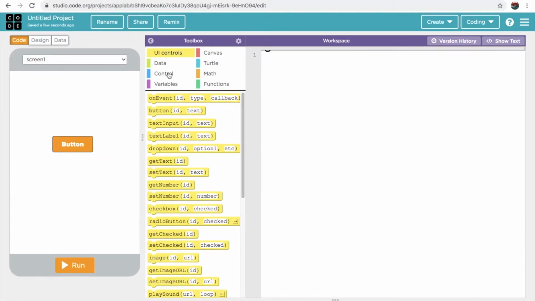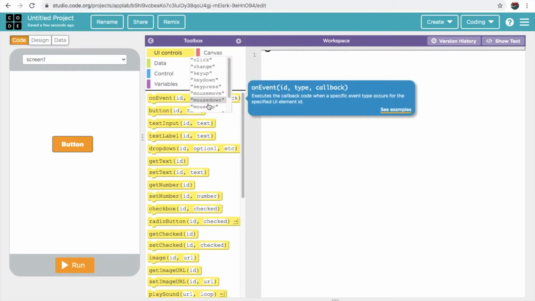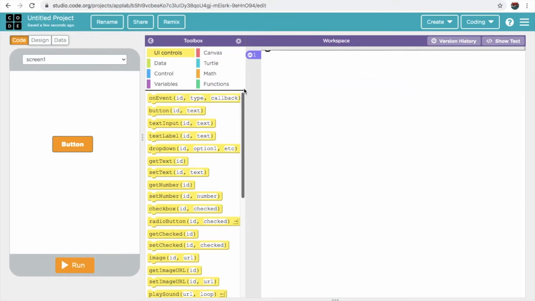Now, this is how the coding environment looks. This is a toolbox panel. All the codes here are in the form of blocks. And the white space on the right side is called the workspace, the area where you drag and put the codes. You can just click, drag and put the codes. The computer reads codes from this area only. If you don't want the codes, click, drag and place them back.